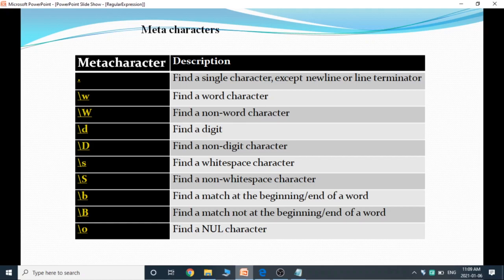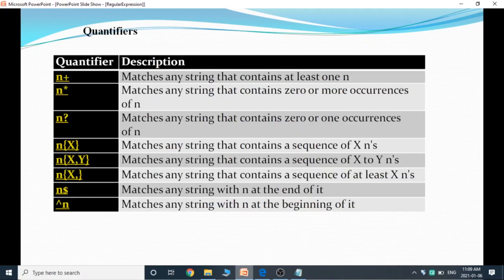Similarly, for non-digit characters we use slash capital D. For finding white space characters we use slash small s, and for non-white space characters we use slash capital S. For finding a match at the beginning or end of a word, we use slash small b. To match not at the beginning or ending of words, we use slash capital B. For representing a null, we use slash 0. These are the meta characters.